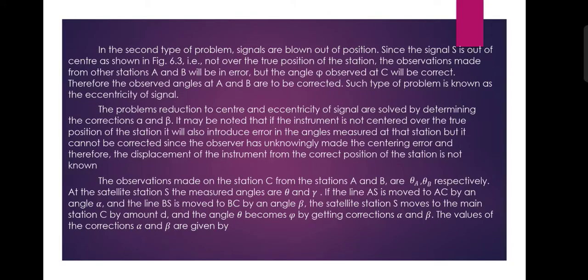At the satellite station S, the measured angles are theta and gamma. If the line AS is moved to AC by an angle alpha and the line BS is moved to BC by an angle beta, then the satellite station S moves to the main station C by amount d, and the angle theta becomes phi by getting corrections alpha and beta. The values of the corrections alpha and beta are given by